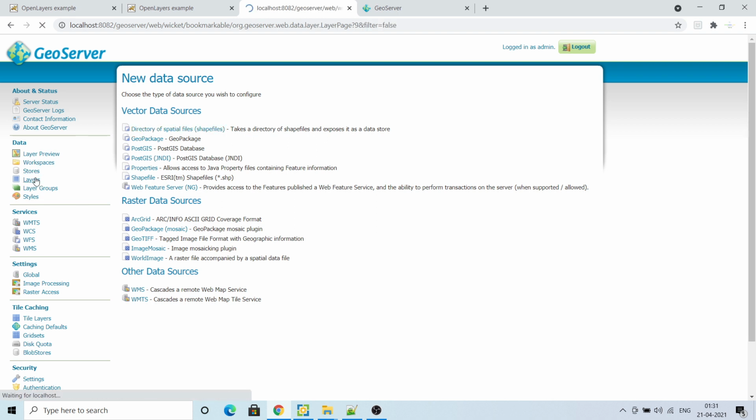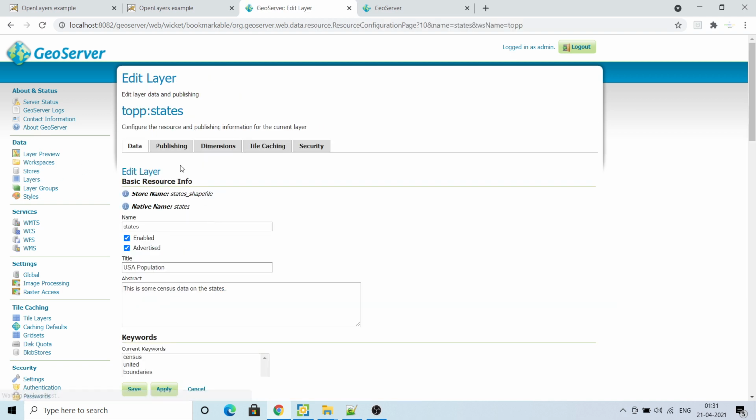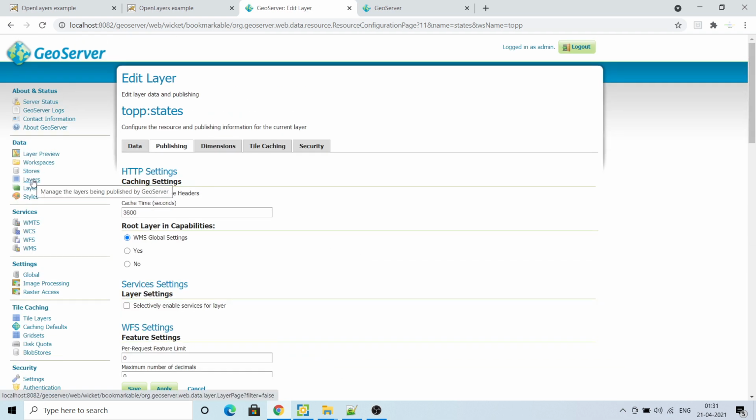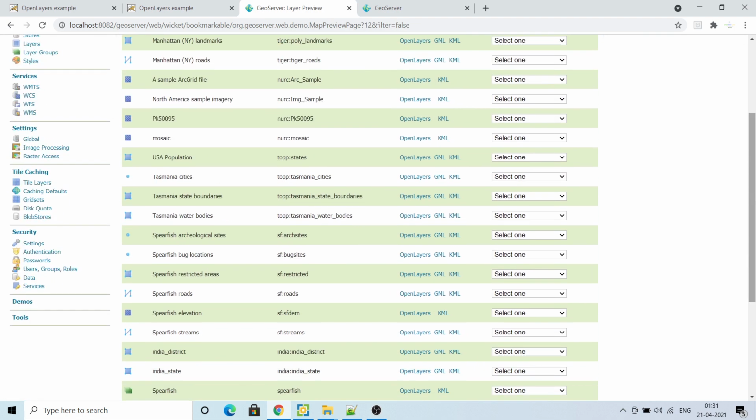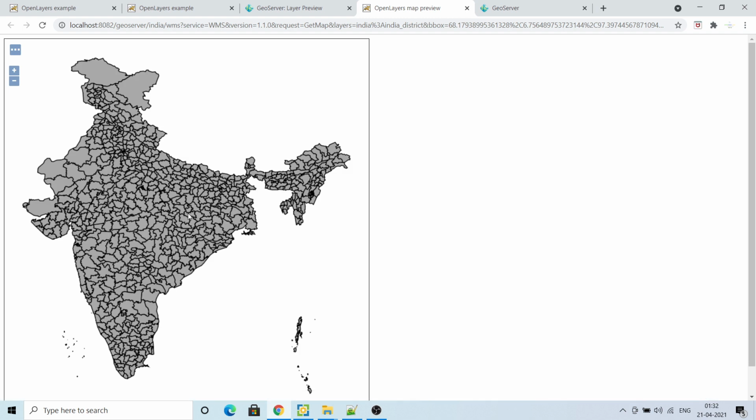After that, you publish the layer, and you can give styling to the layer, as you can see in publishing. You can go through my earlier videos and you will be able to publish a layer. And finally, layer preview. When you publish, you can preview any layer; I will show you one layer of India districts. Now your layer is published.